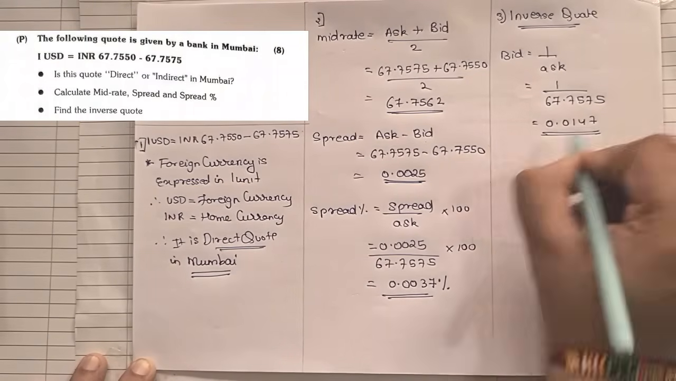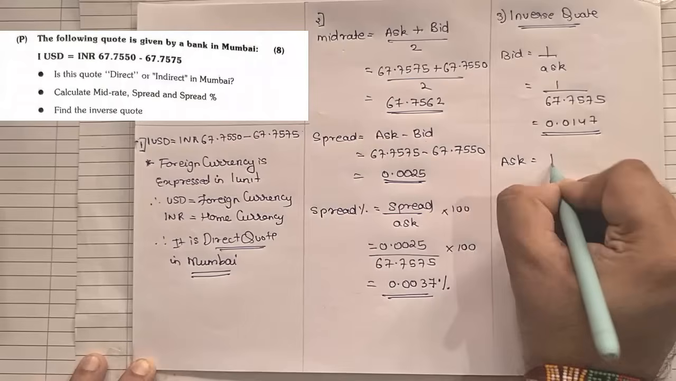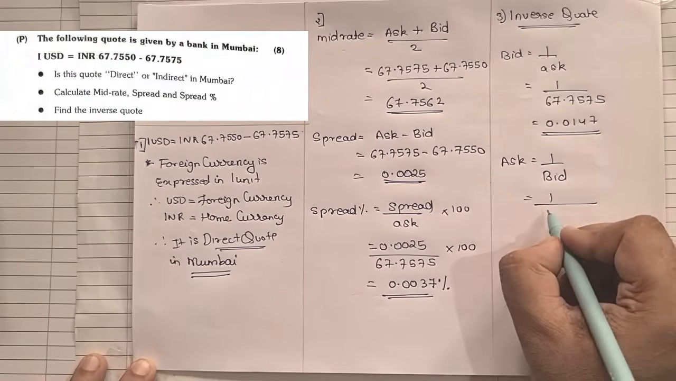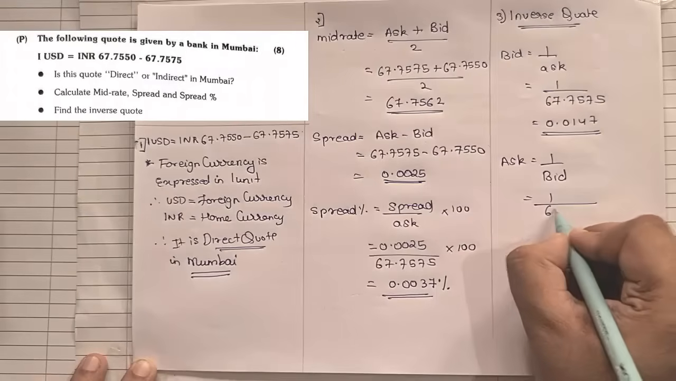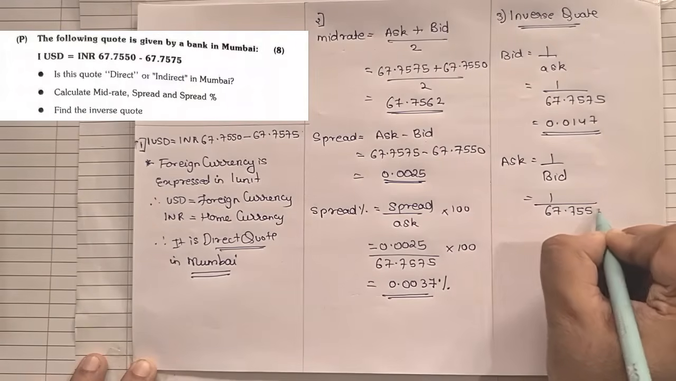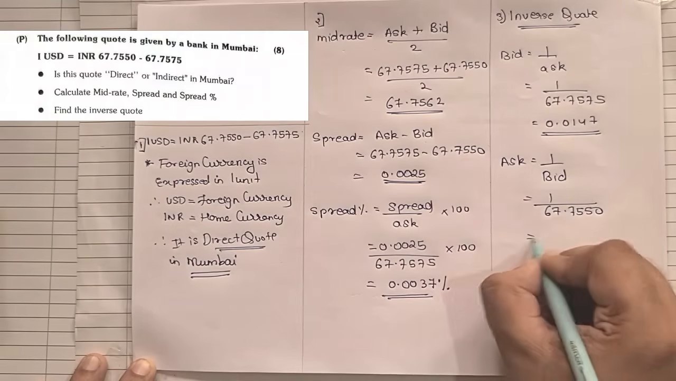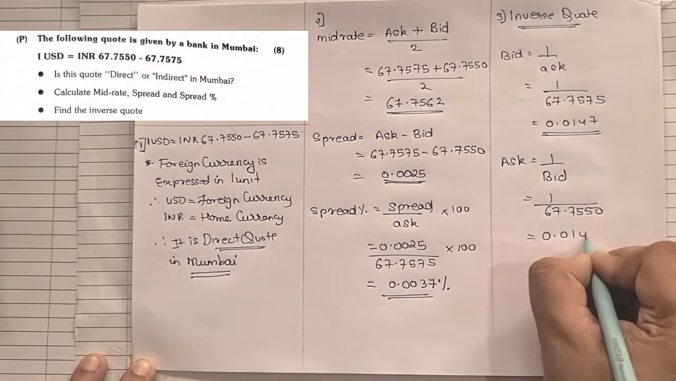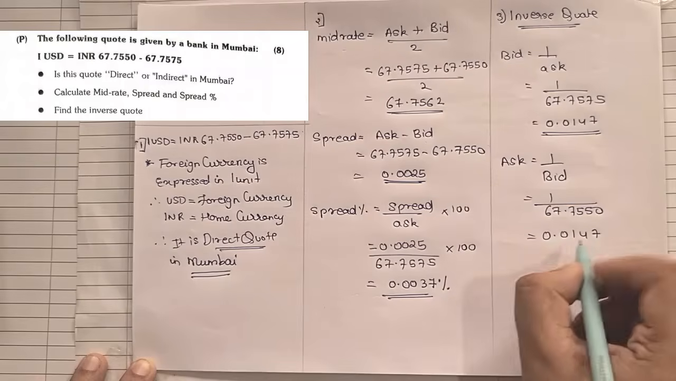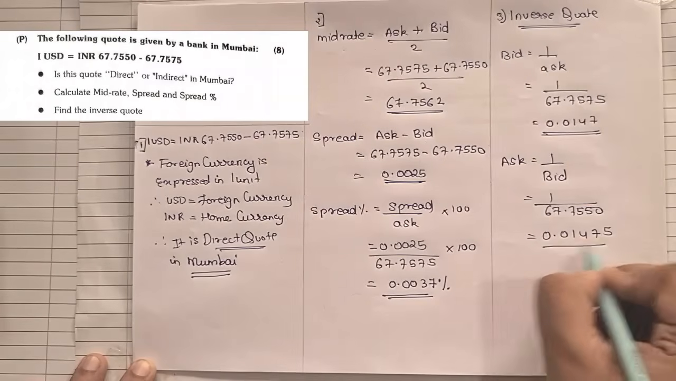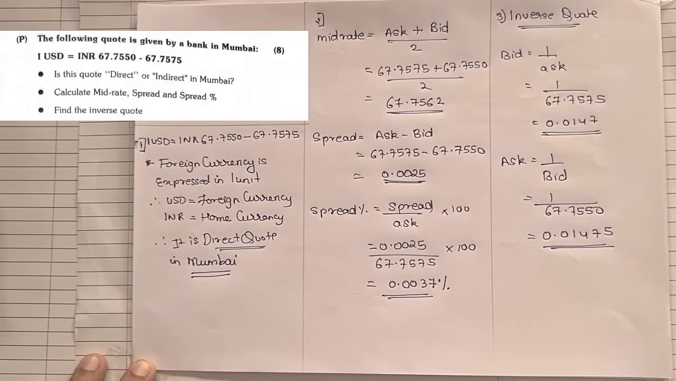0.0147, and ask will be 1 upon bid, that will be 1 divided by the bid, 67.7550, which comes to 0.0147. Okay, so I'll take 5 digits because both the numbers are coming the same. So 1 divided by